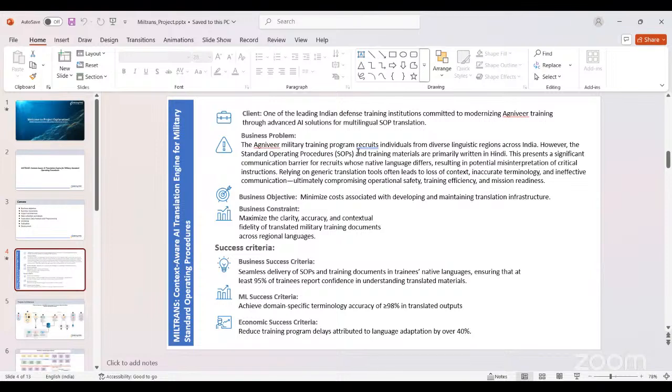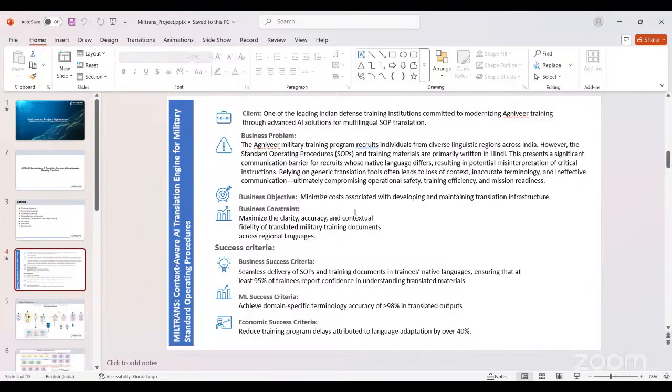The duration of the training period is increasing a little bit, and there is also miscommunication between the trainees and trainer. So our Miltrans product will help reduce the gap between the trainees and trainer.